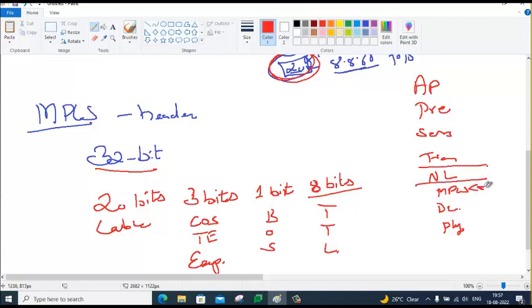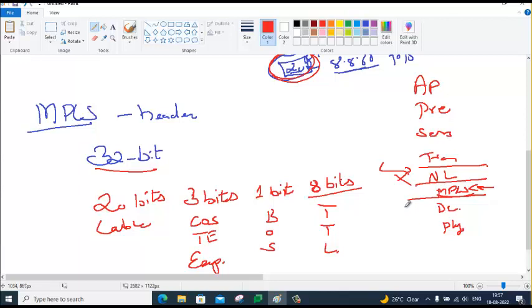Before layer 3 itself, the MPLS layer and the label are there, and with the label, the routers will be able to conclude the direction of the packet. So there is no need to look into the network layer.